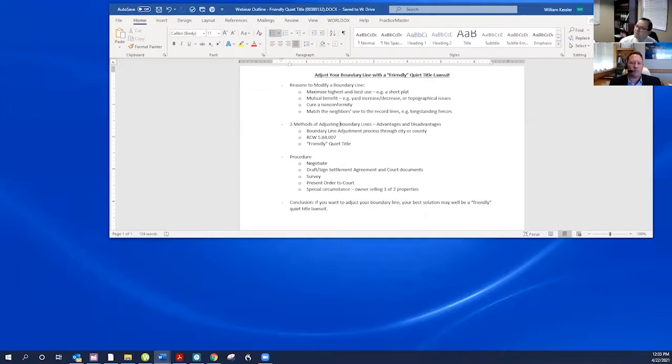Do lawsuits always have to be adversarial, Bill? Yeah. So no, you've got to have a dispute, of course, but you don't have to know about your dispute before you know about your desire to move the boundary line. So very frequently there are encroachments. That's your most common reason to need a quiet title, and certainly in the context of moving boundary lines.